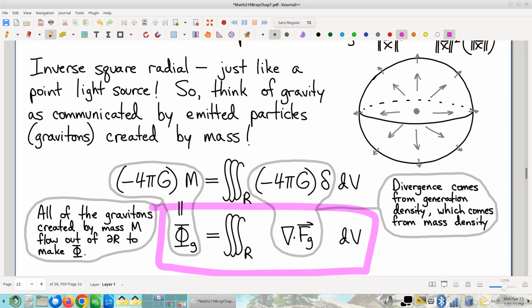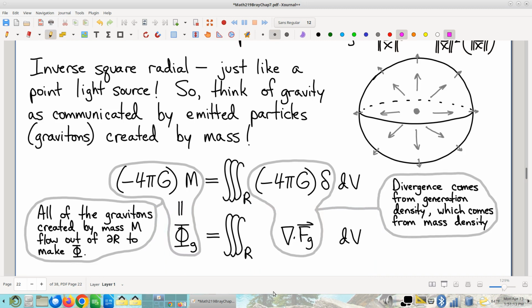Okay. All right. Real quick, I'll point out one last thing. Mass creates flux. Constant, sure, okay, fine, right? But mass creates flux, and then likewise, mass density creates flux density, right? Remember, that's one of our interpretations of divergence, is flux density. So, again, really strong connection between what you might call sort of global ideas and then local density ideas.